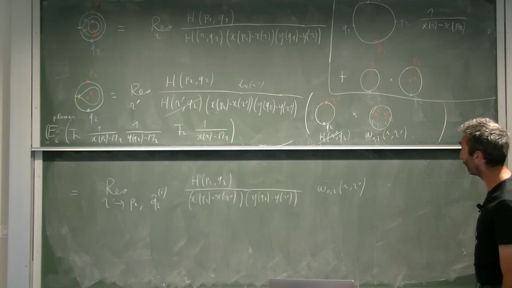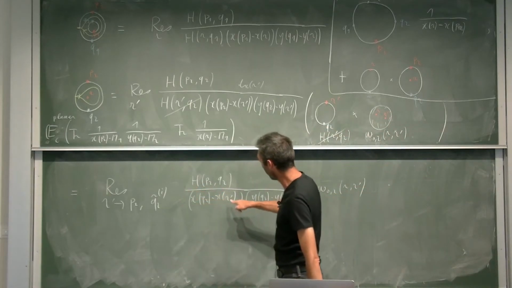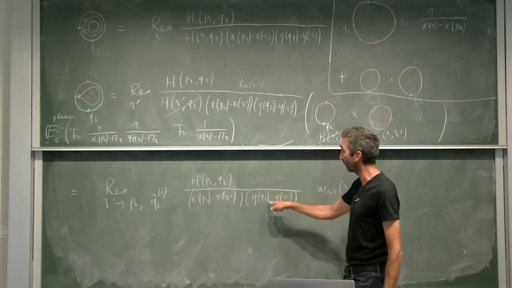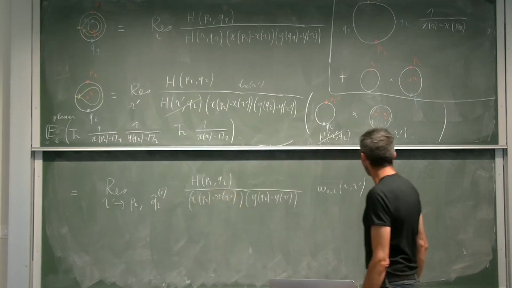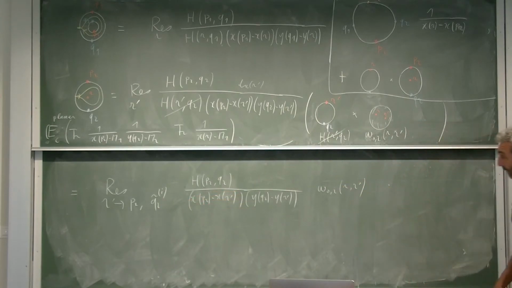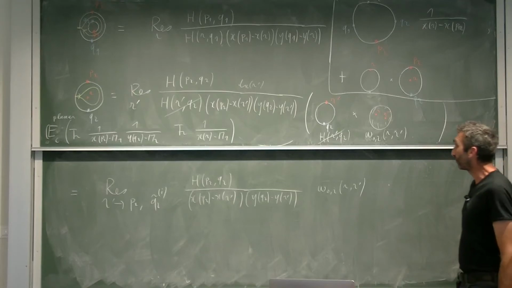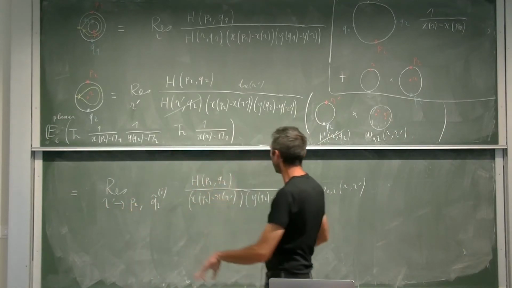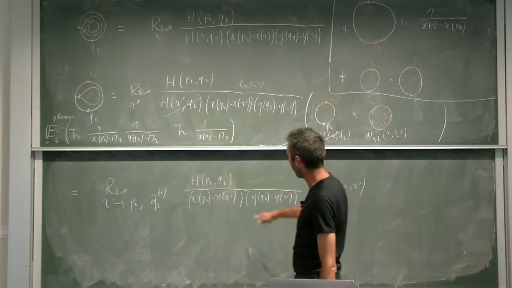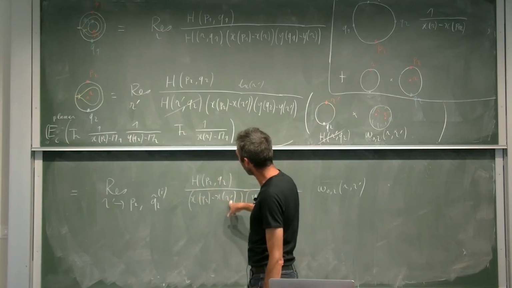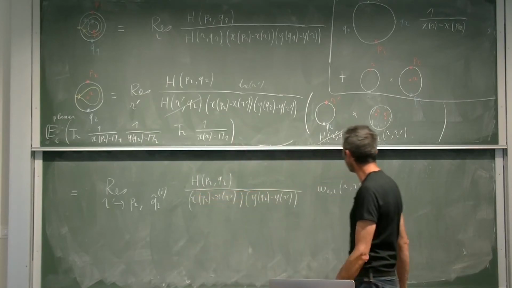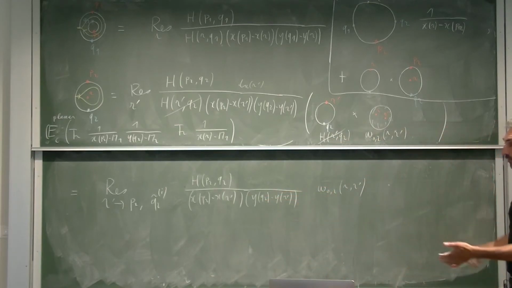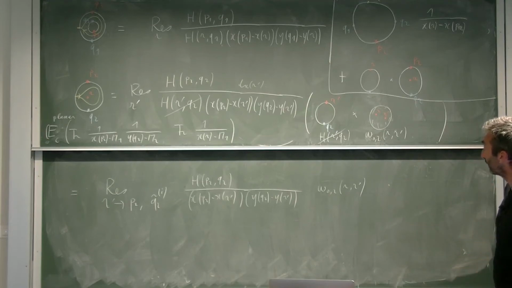And so you see indeed the expression here has a pole. It has indeed a pole when r prime equals p2. It has a pole when y of r prime equals y of q2. So it has poles at these points. And it also has a double pole at r prime equals r. Well, you could change the computation of the residues here to the computation of the other residues. The other residues would be, so this has more zeros. This vanishes not only at r prime equals p2, but at all the preimages of p2 by x. And here at r prime equals q2, okay. You can do the computation in whichever way you want, but you find something, and what you find is